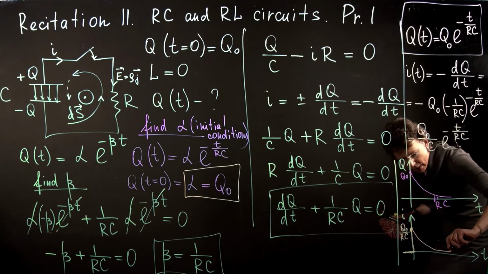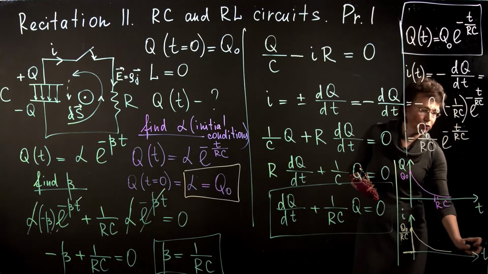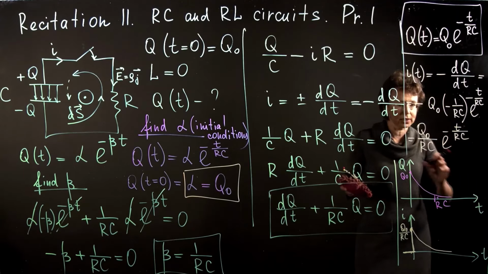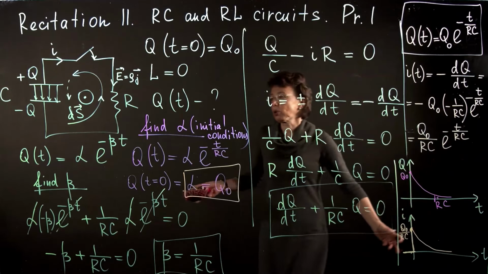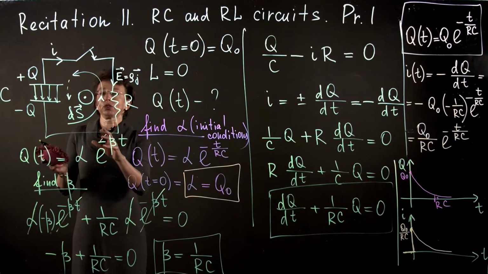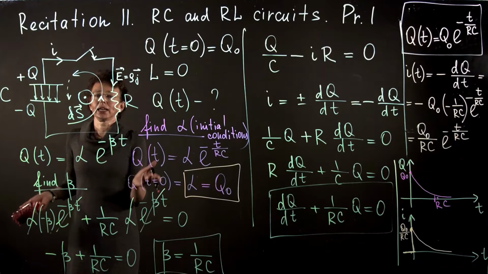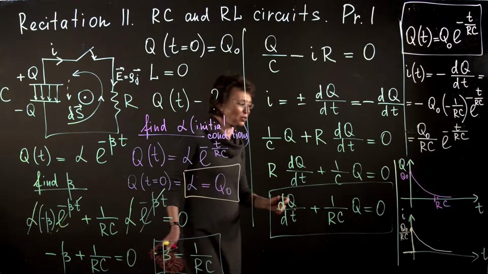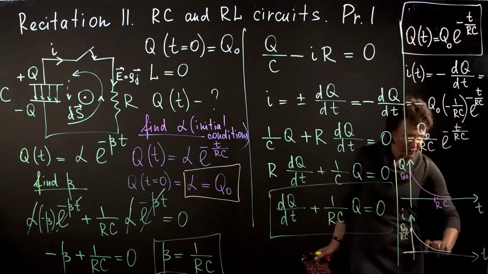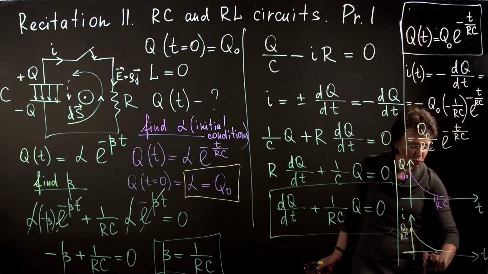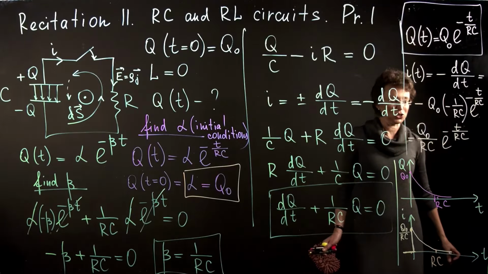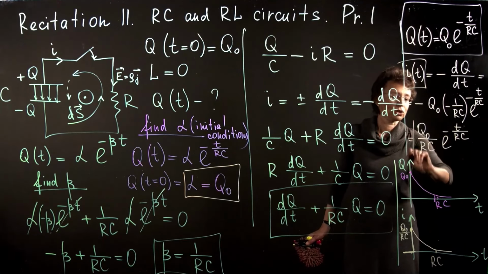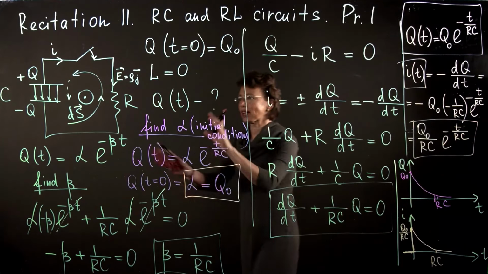As time t tends to infinity, 1 over infinity is 0, and I have 0 current. And we understand what's going on. When we wait for a long time, a steady state will be established, and then the current through the capacitor in steady state is 0. That we know really well from our previous chapters when we worked with steady state situations. So we found the charge as a function of time, and we found the current as a function of time for this problem.